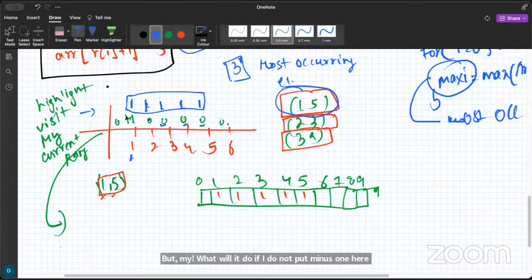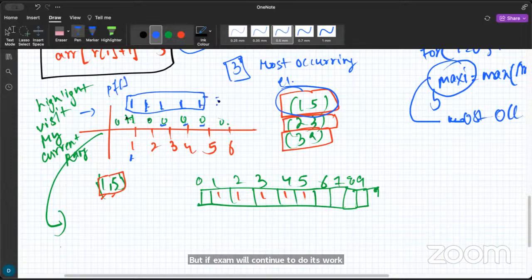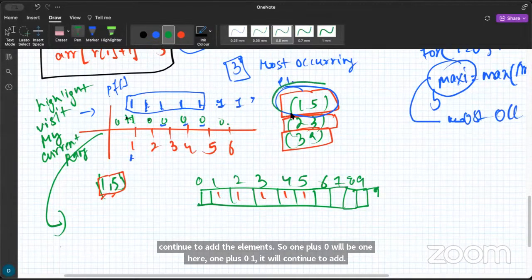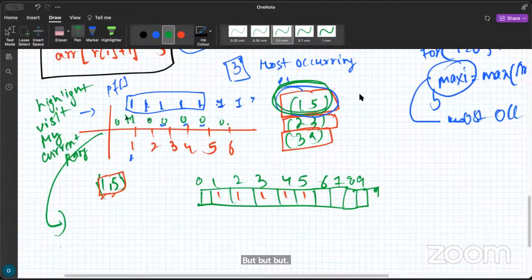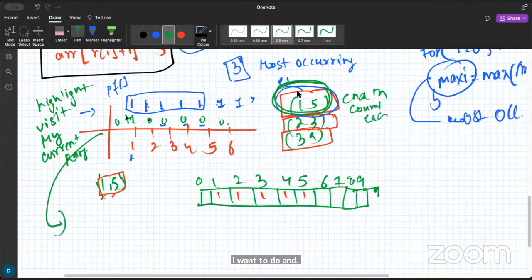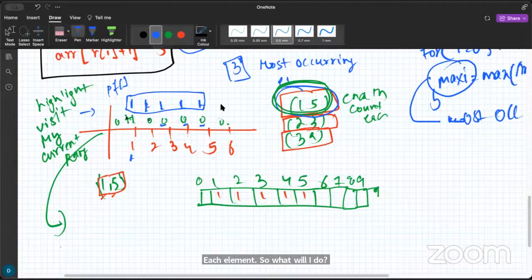Then prefix sum will continue to do its work. It will continue to add the elements. So 1 plus 0 will be 1 here, 1 plus 0, 1, 1. It will continue to add. But once my array range is finished, I want to end the count of each element. So what will I do? To end this, I will just add -1 here,